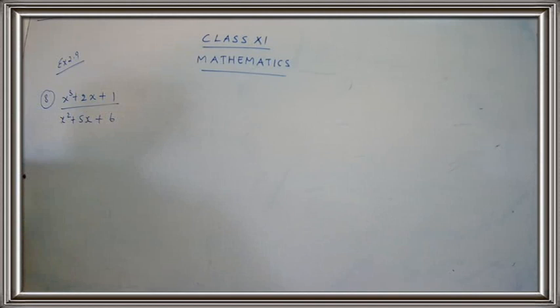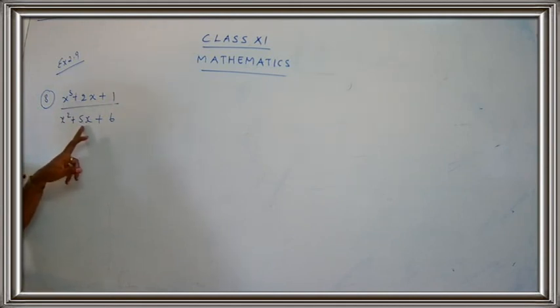Okay, this is the expression given to you, and here again we have to see the degree of the numerator and the degree of the denominator. What is the degree over here? The degree is 3 because the highest power is 3. What is the power of x here? It's 3. What is the power of x here? It's 1. What is the power of x here? It's 0. So the highest power is 3, and you take that as the degree. So the degree will be 3.